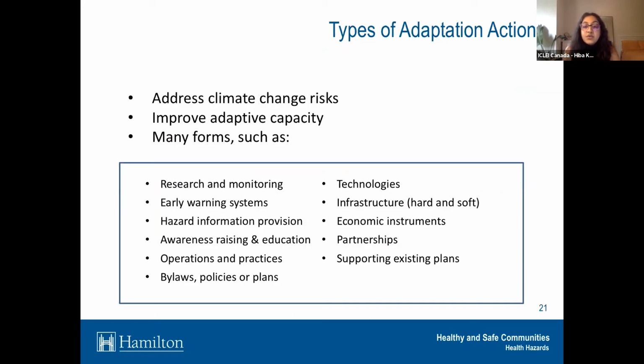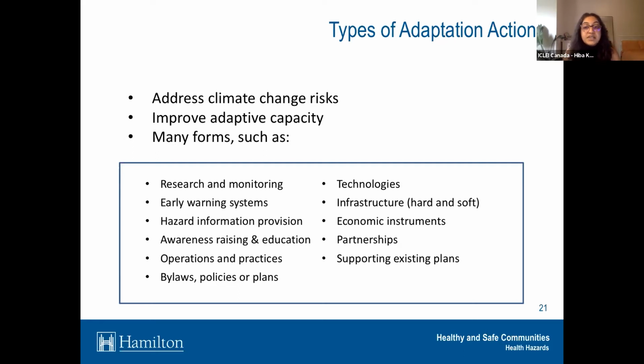So these are the basic types of actions that can exist under the adaptation action umbrella. There's some examples listed out here. These adaptation actions need to address those risks first and foremost. And they need to work on improving adaptive capacity, our ability to cope and respond to those climate change impacts, as well as avoid them in the first place.